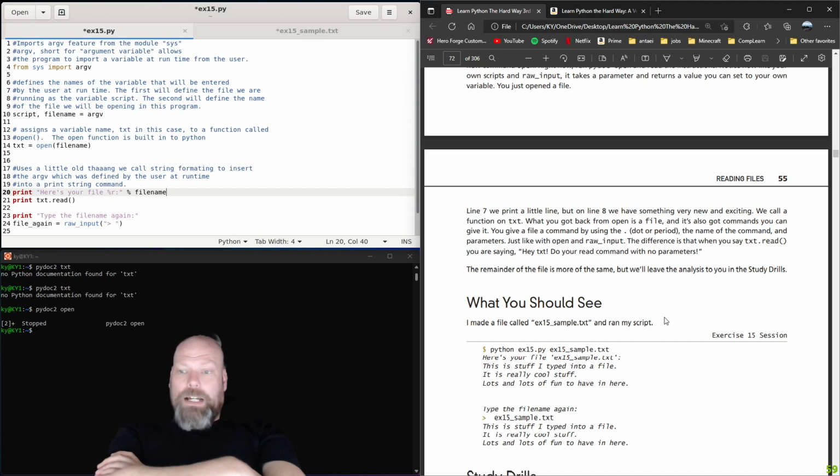Once I've called that file, I can impose commands upon it, which I'm assuming are commands also built into Python. You can give a file a command by using the dot, the name of the command, and parameters. So we're using the read command with no parameters on the txt variable